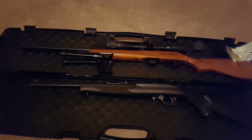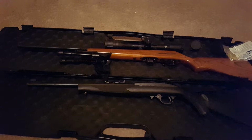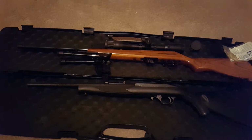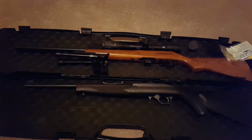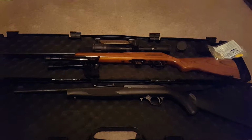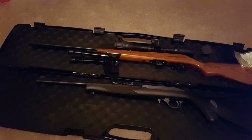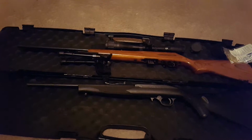misfires and stuff like that with a bolt action, because a bolt action is basically like a revolver. The same kind of deal that a revolver works. All you have to do is just cycle that bolt and it'll fire again. And even if the ammunition didn't have enough charge in it, you'll still be able to manually chamber another round because it's being bolt action. So I just want to talk about the bolt action here first, and then I'll come down to the Mossberg Plinkster